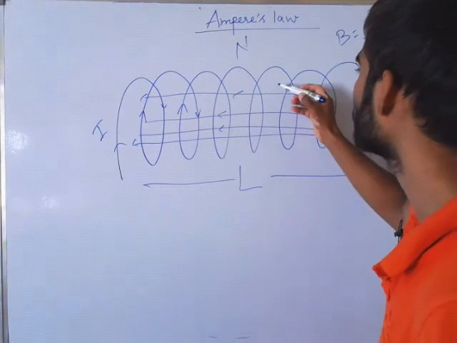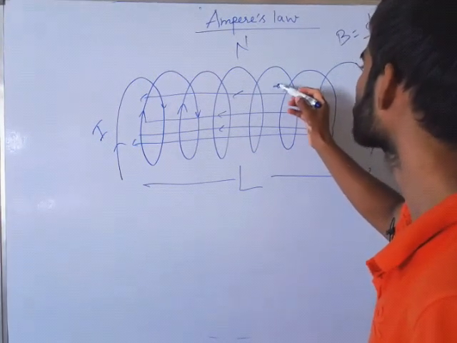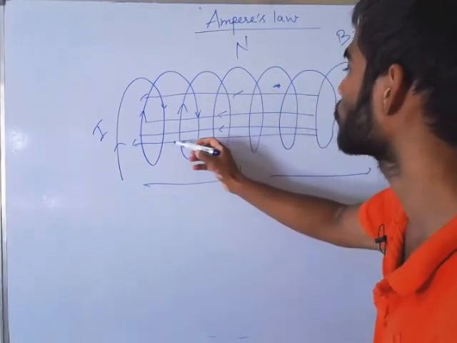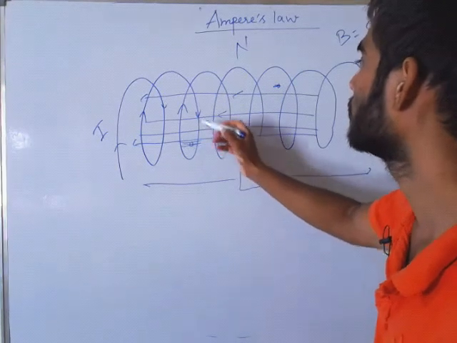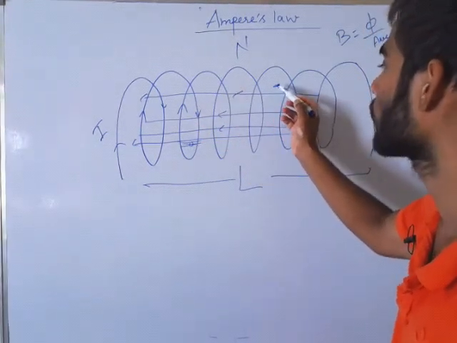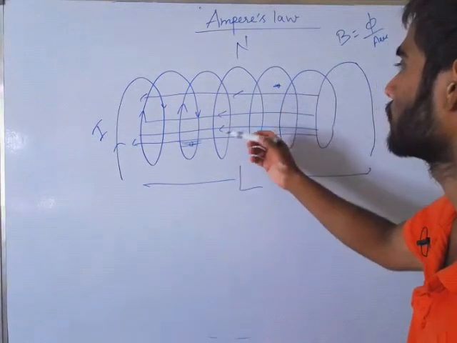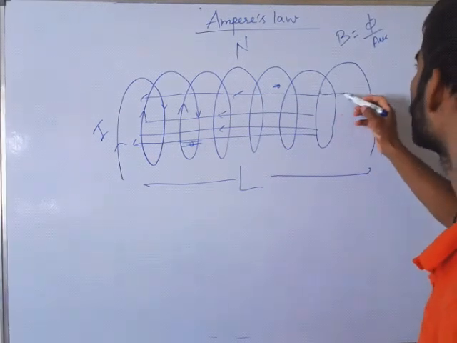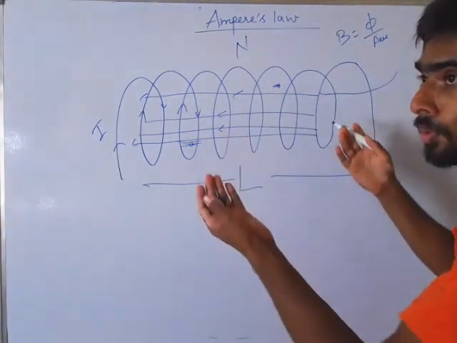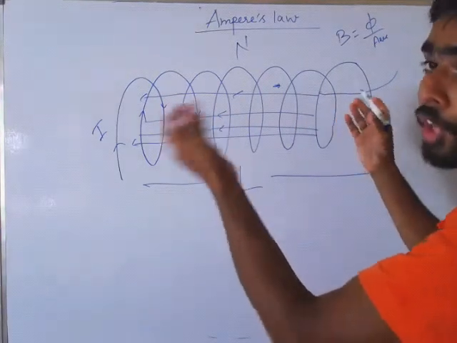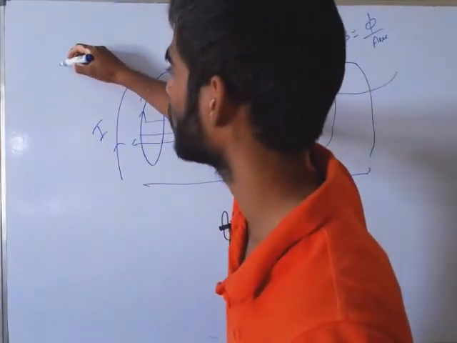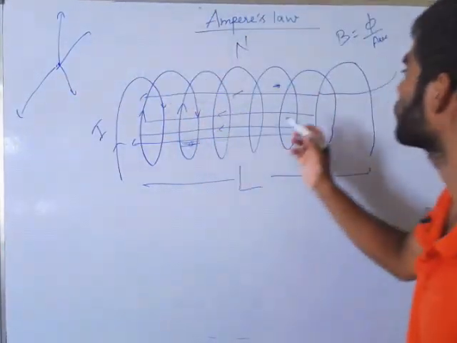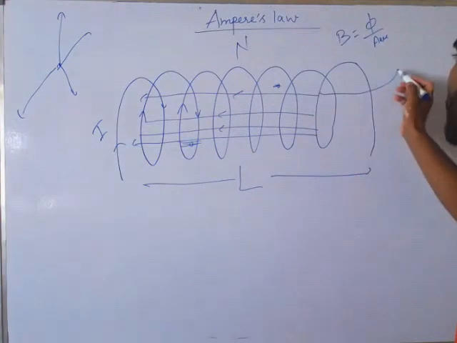It means if we take one unit area, the amount of flux passing through this area is the same as the amount of flux passing through this other unit area. At each and every point, per unit area, the flux is the same at these two places. That is what I want to say, that the flux density is the same. But when it goes outside, it has to make a loop, because a magnetic field cannot be without a loop. Unlike electric field lines, which do not make a loop, magnetic field lines will return, they will make a loop.